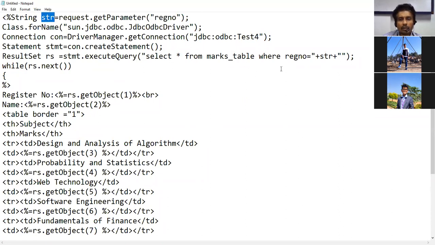And for checking against the backend, this is the field which is going to be on the backend, and this str is going to be on the front end. So whichever front end data there is, if it matches this backend field, then I am going to extract the entire data from the table. Once it receives the result, which will be stored in the rs object, I use the getObject method, and through that I retrieve the values from the backend one by one. So this is what is happening in this particular program.